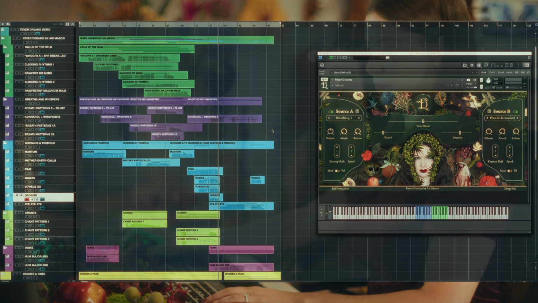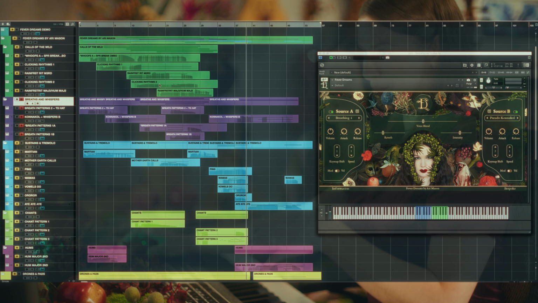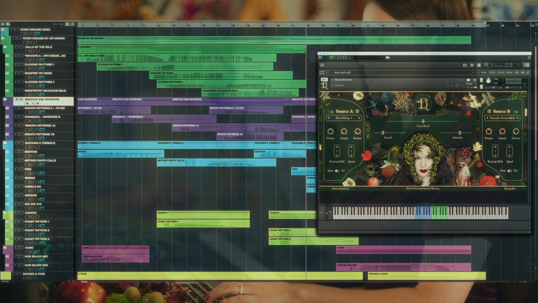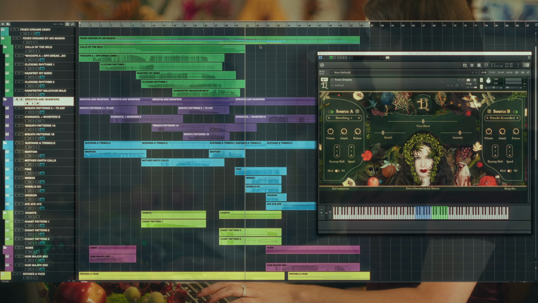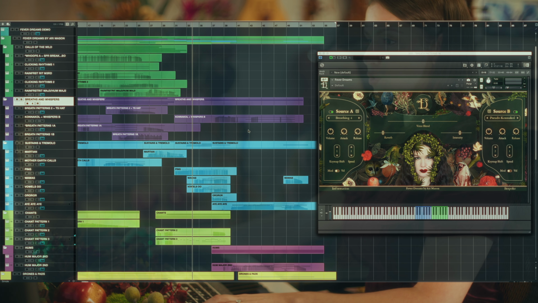And possibly one of my favorite parts of this demo, and I'm not tooting my own horn, it's because the instruments are so cool. I love the idea of going from something harmonic to stripping it back and going to something bare bones percussive. So we have these chants going on here, right? And then